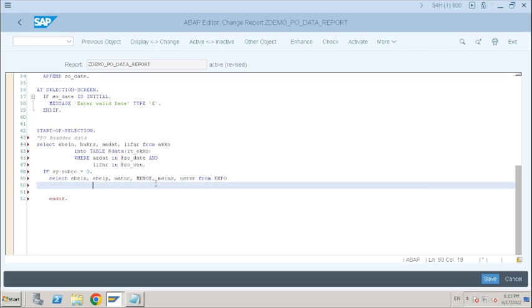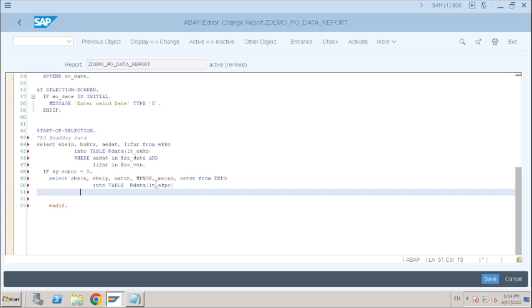EKPO. Into table at the rate of data ITAB. What is the data we need to select? Where EBELN is equal to